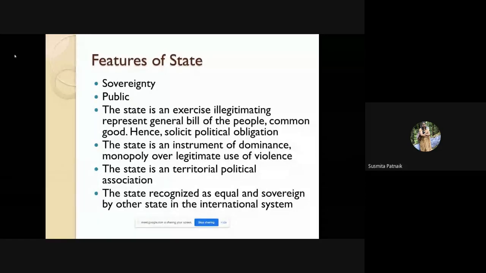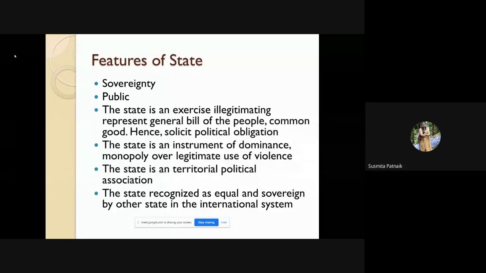Okay, an authority upon which one? Upon the monopoly. Monopoly means what? When there is no competitor, that is called a monopoly ruler, or a monopoly association, or a monopoly authority. So through the state, there is the denial of monopoly power inside the state. And through the state, what will happen? It always tries to eradicate all violence. The state is an authority. It always wants to condemn all the violence inside the political system.